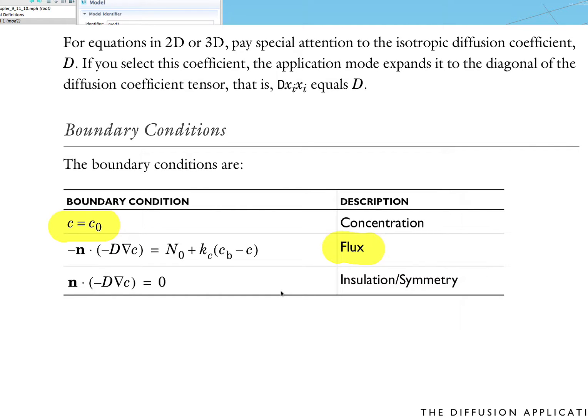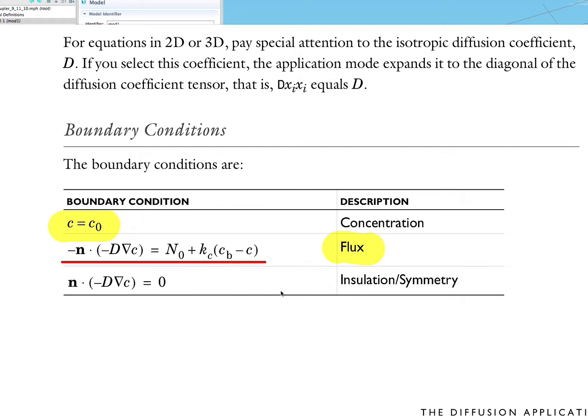This equation tells you that minus the normal vector dotted with the flux of matter, which is minus D grad C, so this is the flux that is actually leaving the boundary, well, minus n would be entering the boundary rather, is equal to a given known